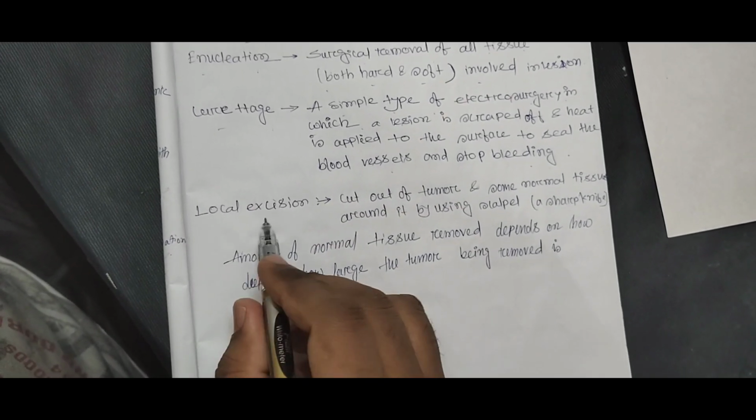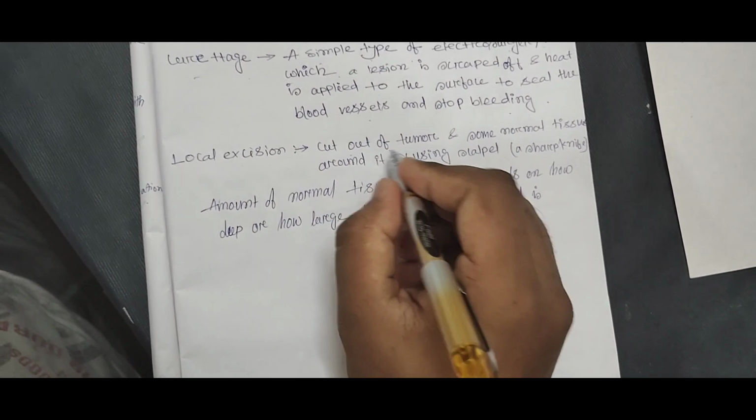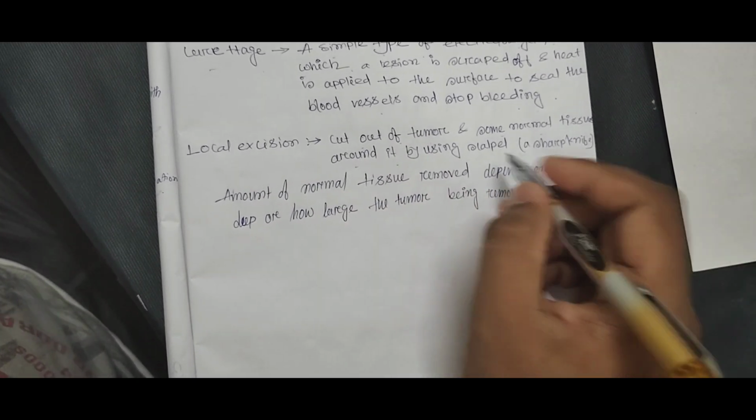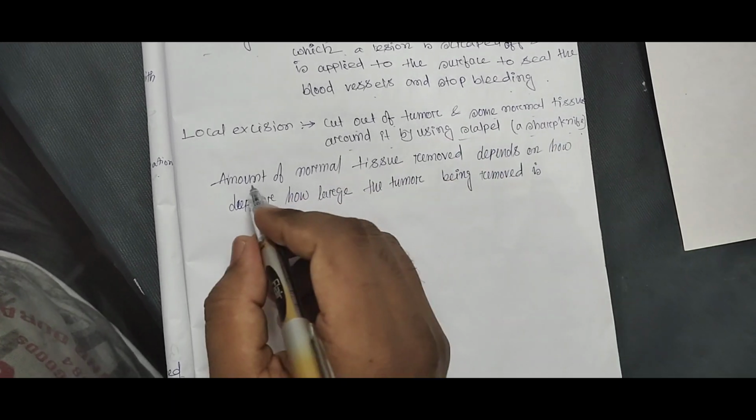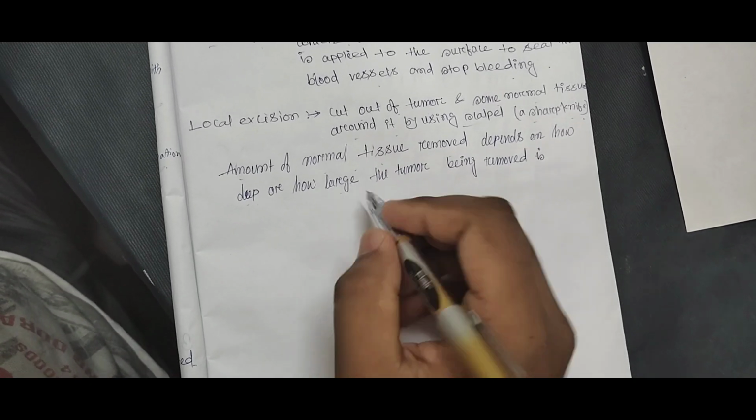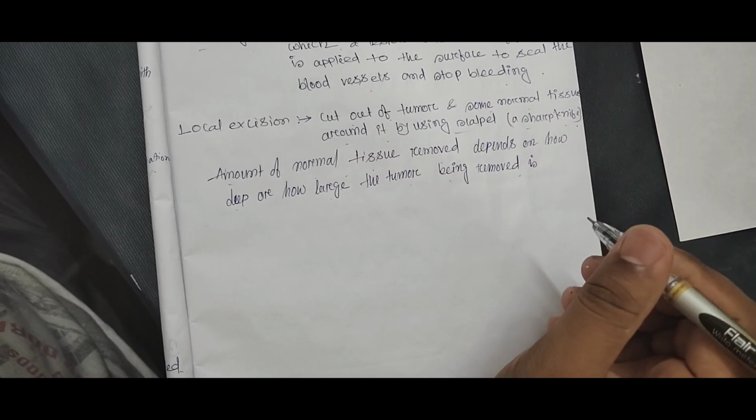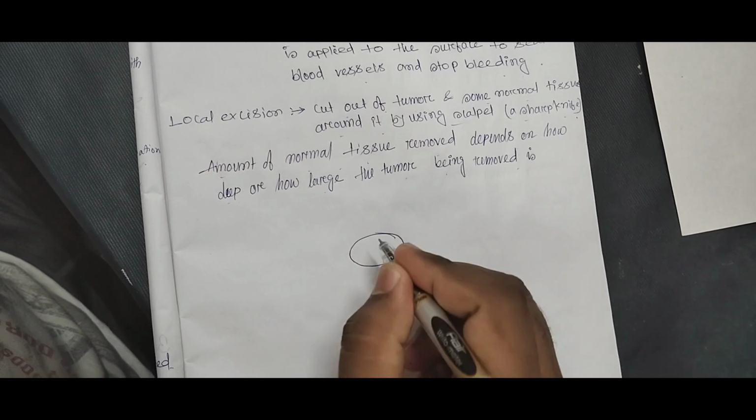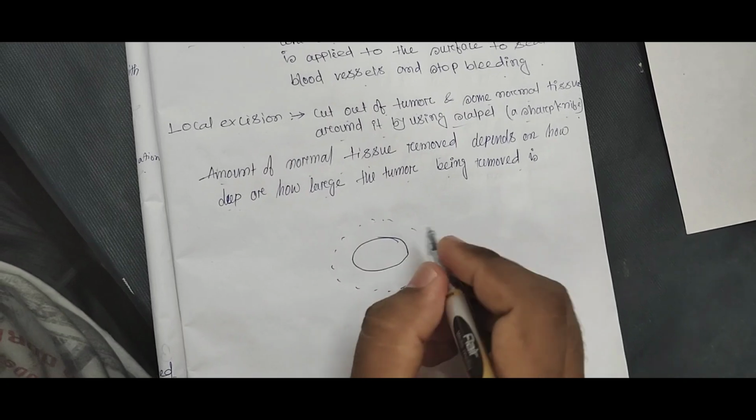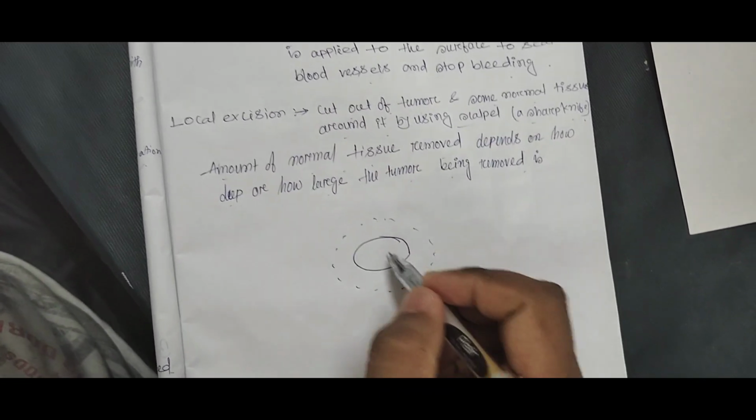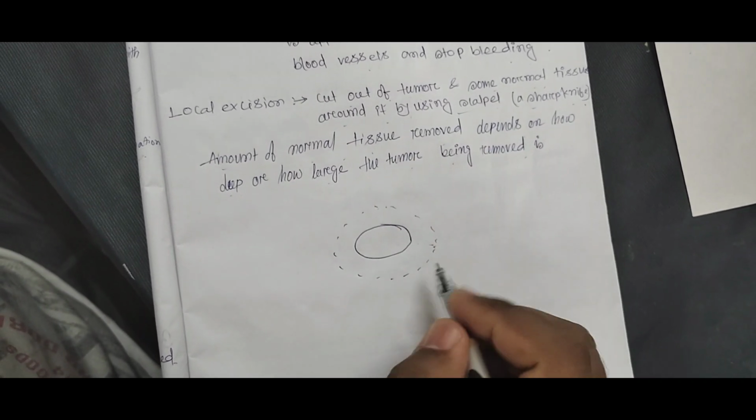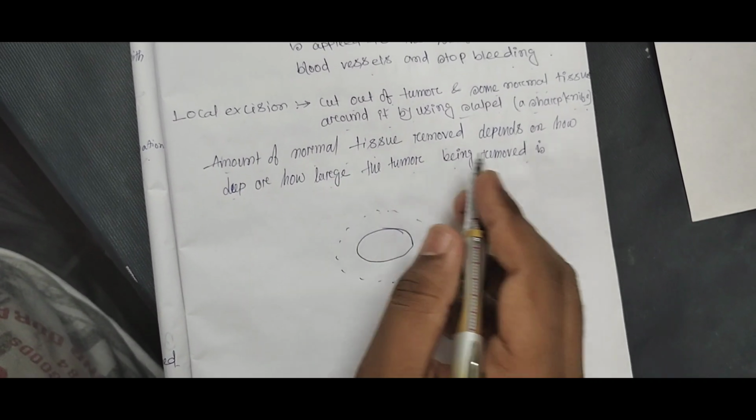What is local excision? It is the cutting out of the tumor and some normal tissue around it by using a scalpel. A scalpel is a sharp knife. The amount of normal tissue removed depends on how deep or how large the tumor being removed is. That is a lesion and we cut like this. This is cutting out the tumor and some normal tissue around it by using a scalpel. The amount of normal tissue removed